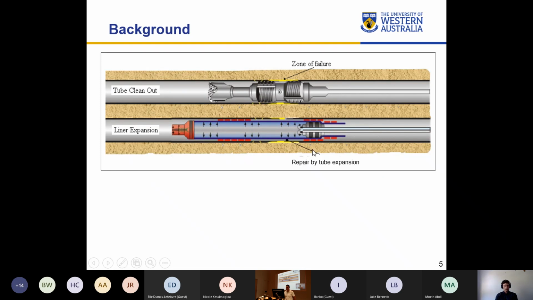So one of the applications would be to consider these tubes and then expand them against the area where there are problems. That means that you will actually shut off that area. And often you will also use sealings there to make sure that there is no leak of fluids inside the structure. So that's how this works in practice, and that's what people thought they could do with this expandable tube